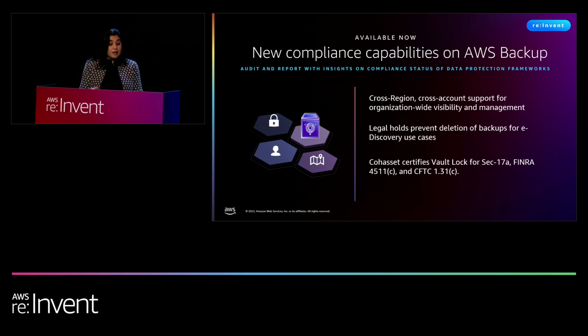Moreover, we have also introduced legal hold that prevents deletion of data from your vaults, even though the lifecycle policies around that data have expired. You can only delete the data once that legal hold has been removed from that vault. Moreover, AWS Backup Vault Lock has been certified by Cohasset Associates to be used in environments subject to SEC 17a-4, FINRA, and CFTC regulations. This is what our customers in banking, the financial industries, and the brokerage firms have been asking of us. We have worked backwards from their requirements, and that certification is now done.